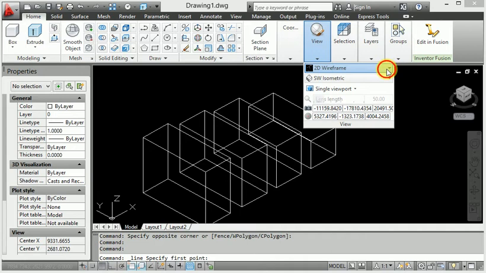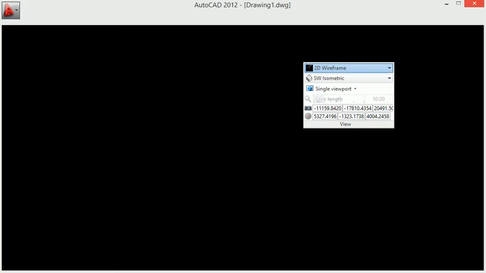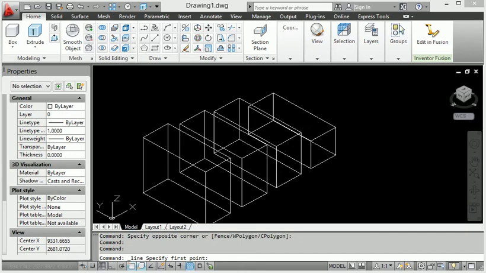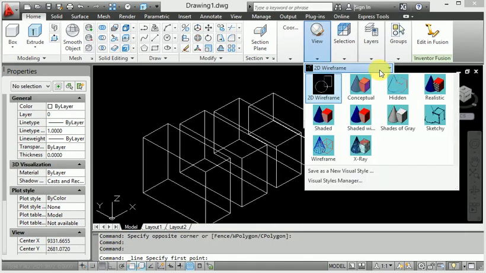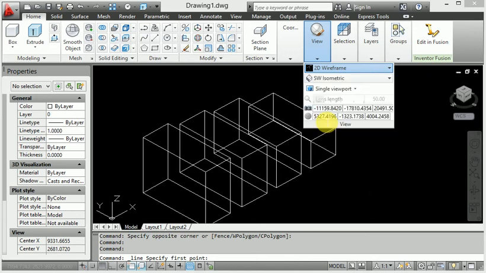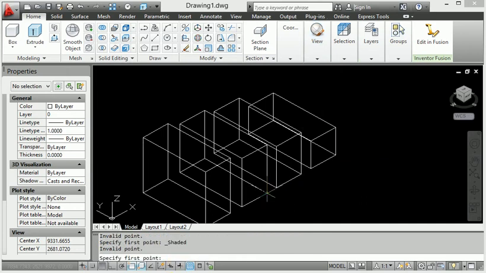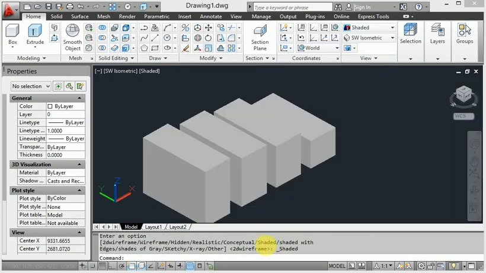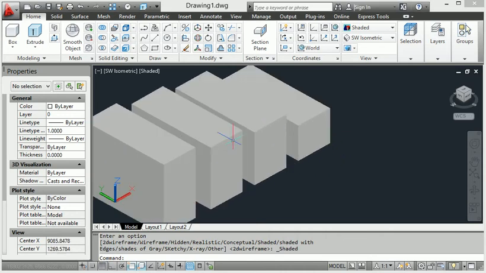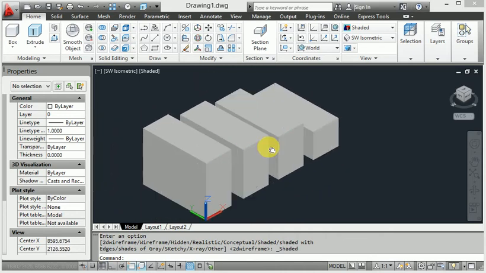When I enter the visual style, let's start here. This is the shaded style, and when I apply shaded here, it converts the 3D model in the AutoCAD workspace.